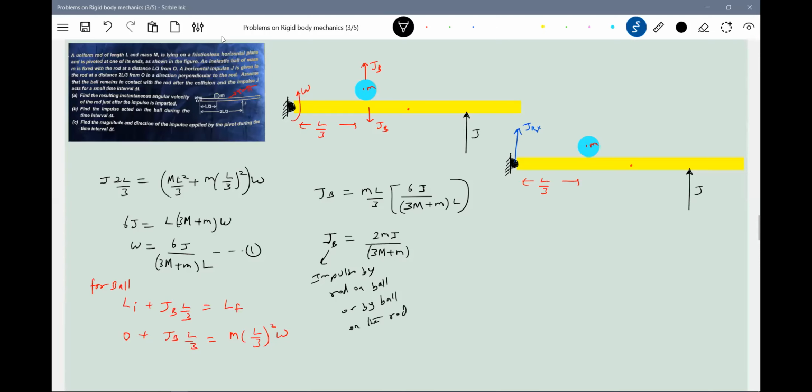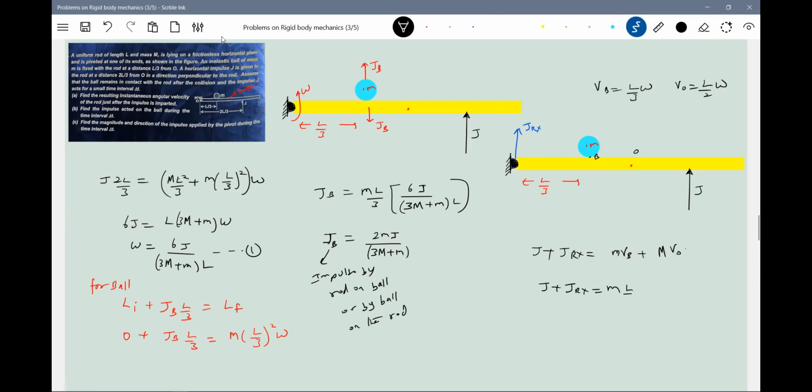Then the impulse linear momentum equation, I'll apply: J plus JRX. What is the velocity? We know the angular velocity omega. So can we calculate the velocity of the ball, small m into velocity of ball, capital M into velocity of the rod? I'll write it. So what is VB? VB should be equal to L by 3 omega. VO should be equal to L by 2 omega. Substitute that, and we know omega, solve for it, you'll get the impulsive reaction. I think that's the only alternative available for us.